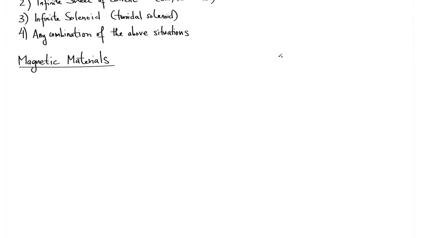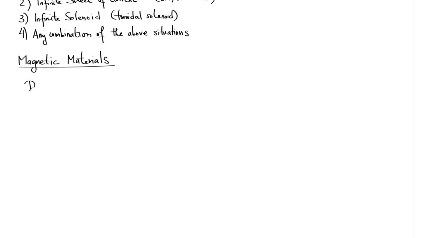And so much like you have these dielectric materials for electrostatics, we also have magnetic materials. So we have a bunch of different classes of materials, and those basically fall into three categories. The categories are